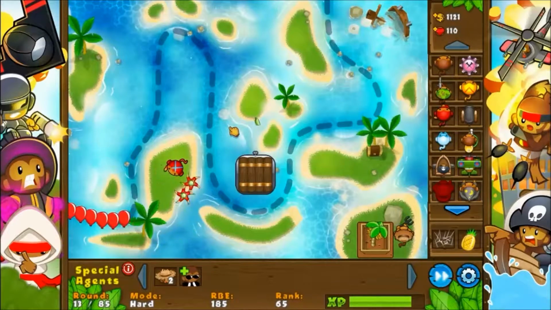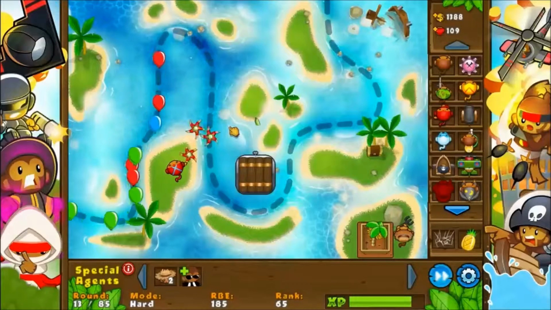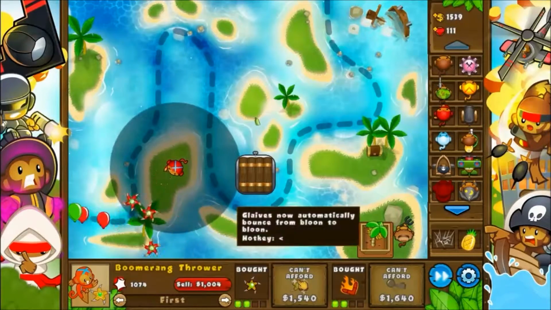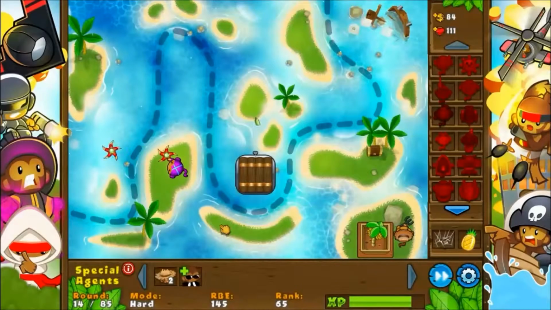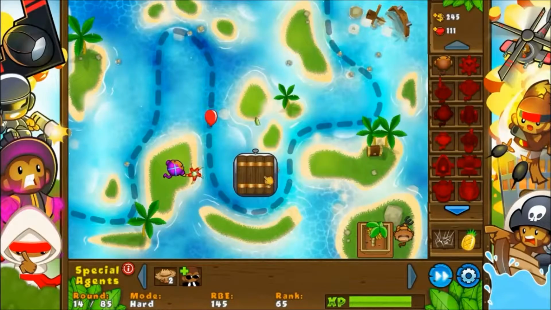I don't want to do just boomerangs, because that's not a very good strategy, especially on this map where I don't have enough room to place that many boomerang throwers. So let's see. There we go. Okay, so I might need at least 1 ninja monkey for any kind of camo detection, or...